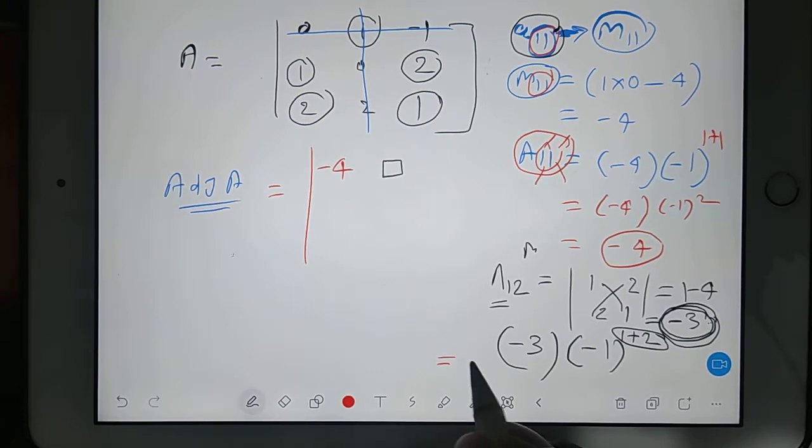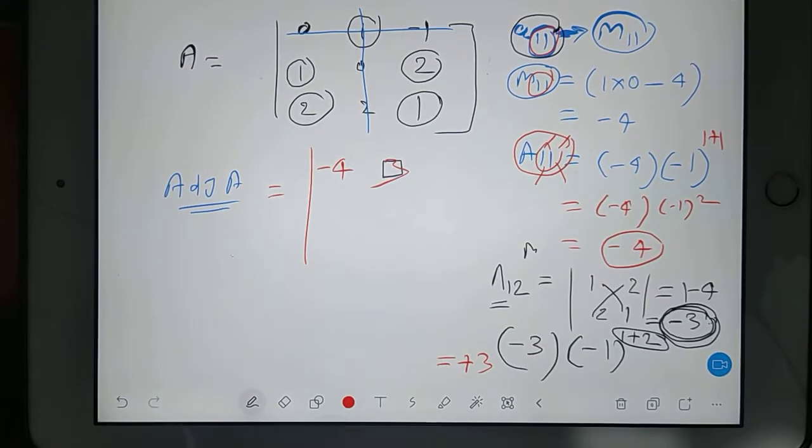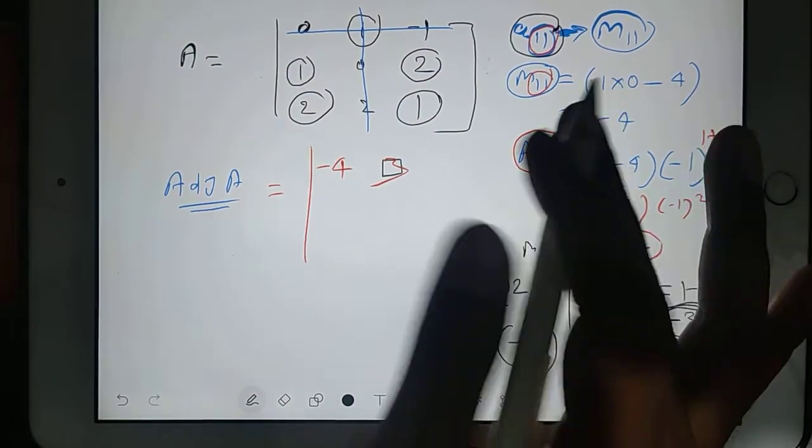So it will be plus 3. So here what will come? Plus 3 answer will come. Okay. So the best part is, if you want to be faster,